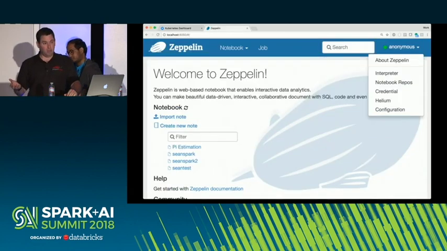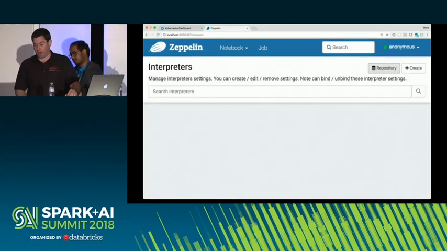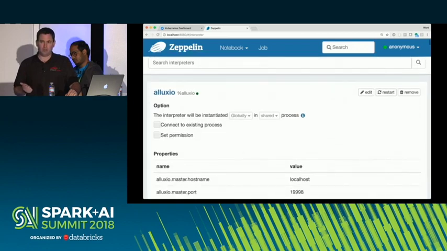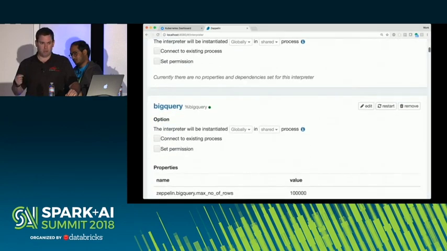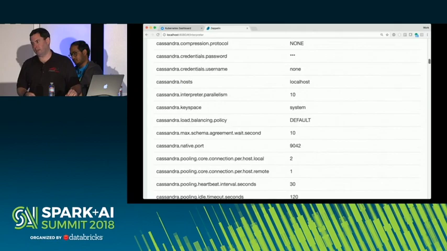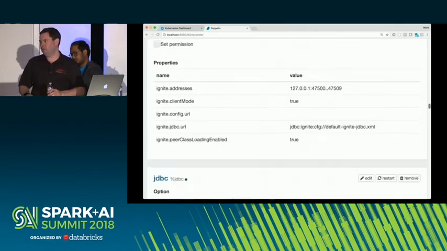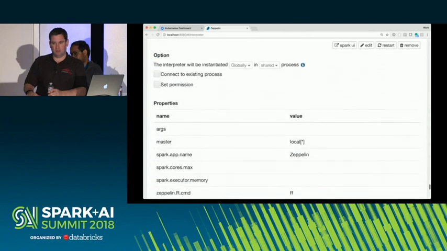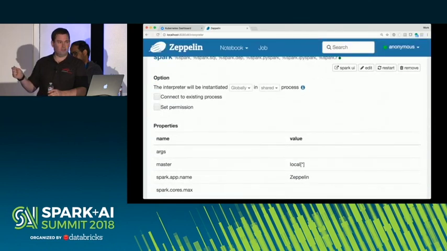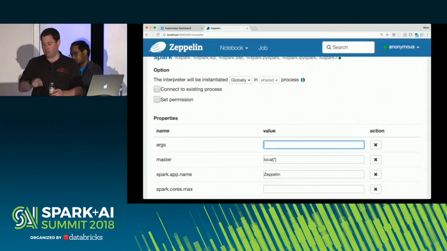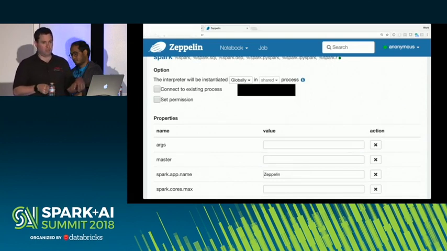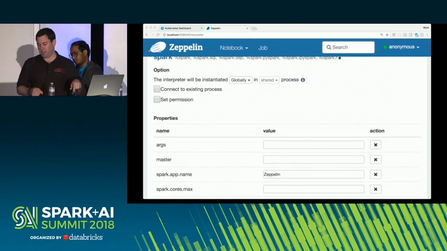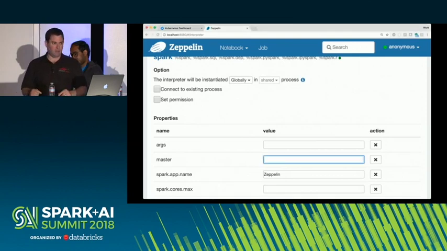Now here's the Zeppelin UI, so I'm connecting into that pod right now. First we have to configure the interpreter. The Spark interpreter is all the way at the bottom, so we scroll down to that. The main thing we have to do first is configure the master, so we're going to use that k8s:// which tells us to be in Kubernetes mode, and the master address we're going to use is the address to the Kubernetes cluster that we're actually running in. So I paste that in here.